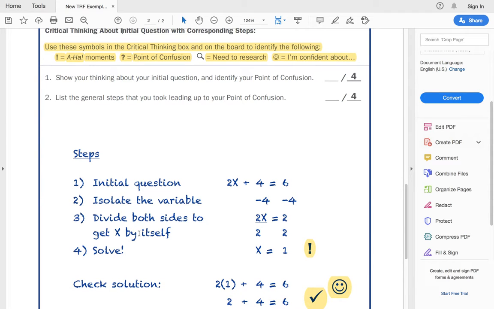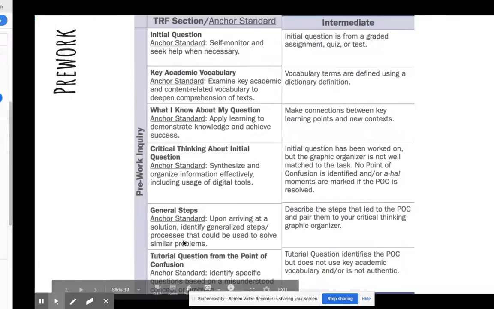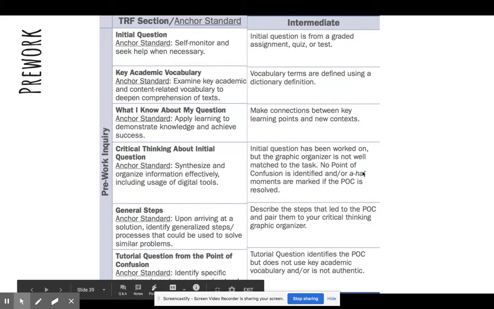When you are writing your steps, you're actually going to show that next to that part of your critical thinking. This will be really easy with math because obviously math is sequential. But basically what you need to know is those two parts of the TRF have been combined.